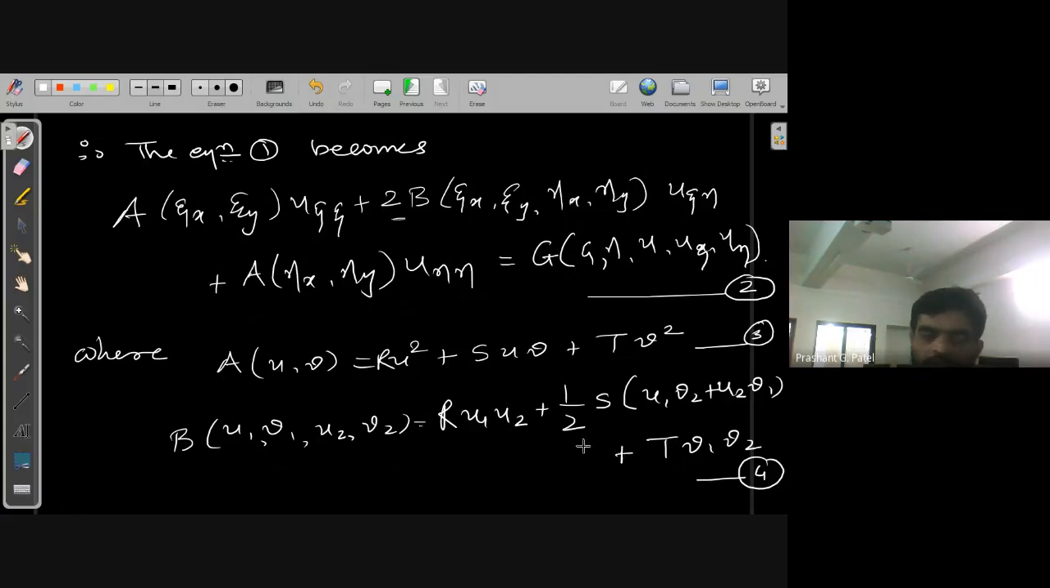Very interesting situation occurs here. Once we convert our differential equation into this form, then it is easy to classify our differential equation. So here I am giving you one exercise to prove, and it is very easy to do, so that